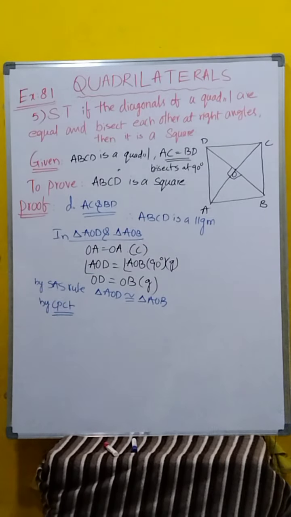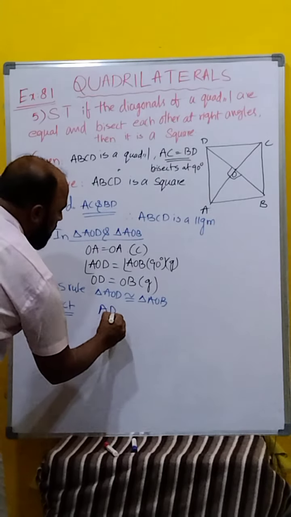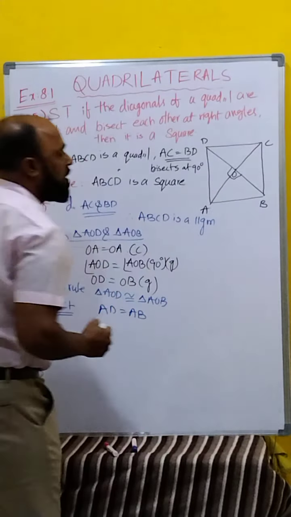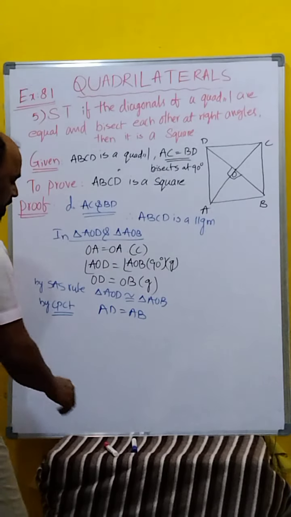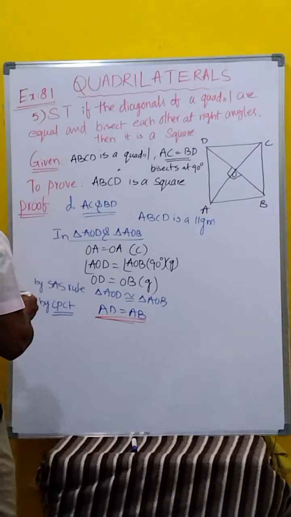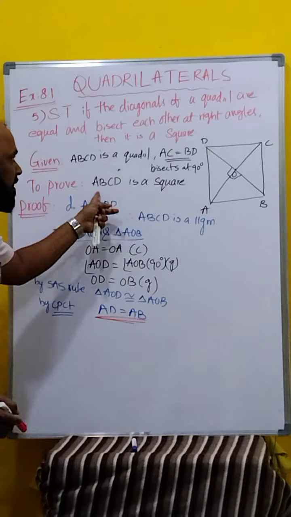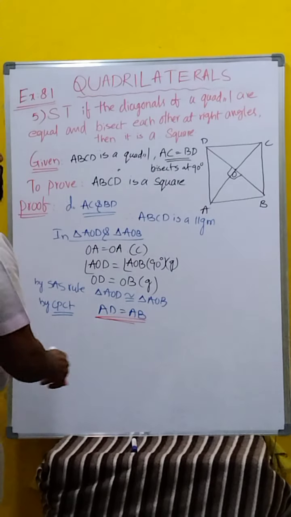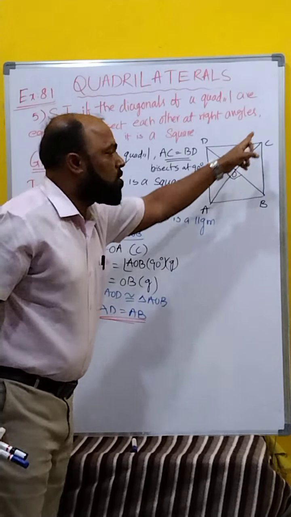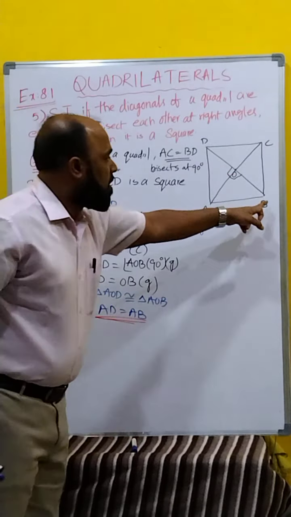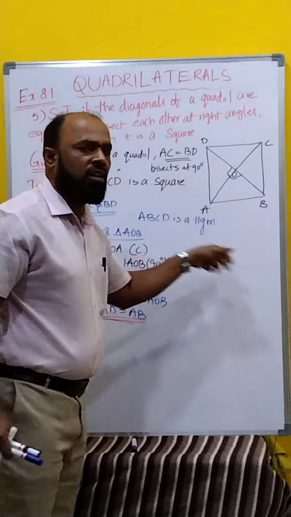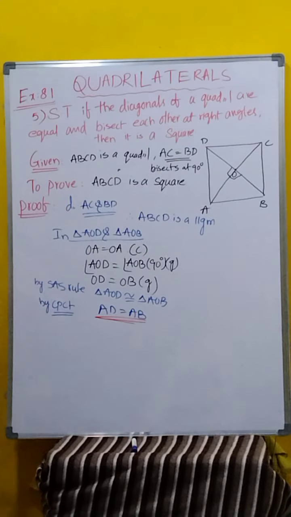Write that one. What is here? AD is equal to AB. See here, this one and this one equal. We proved now. Yeah. Now what is that? Adjacent sides are equal. We proved AD is equal to AB. Yes. Now still something required for this one. ABCD is a square. Now similarly you can write these two also. Yes. AOB and BOC also we can prove both are congruent. Next, triangle BOC and triangle COD also we can prove both are congruent. Yes, all we can prove it. Directly you can write similarly.